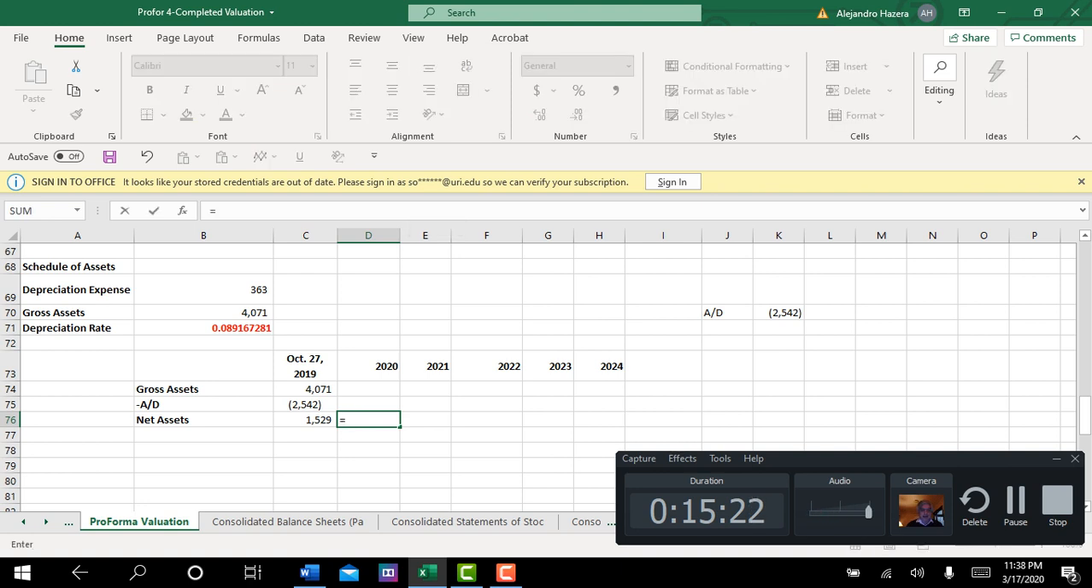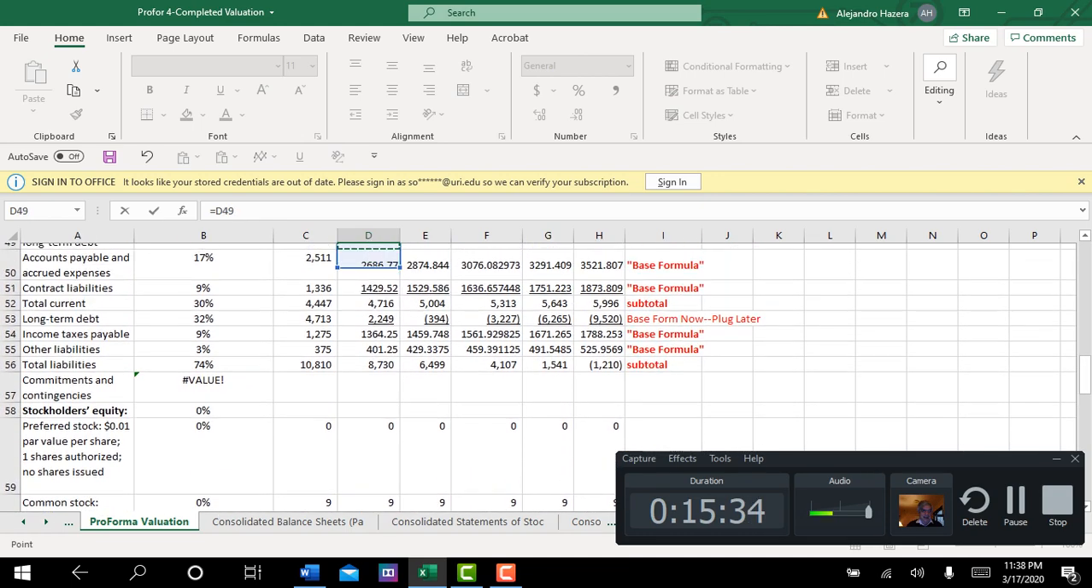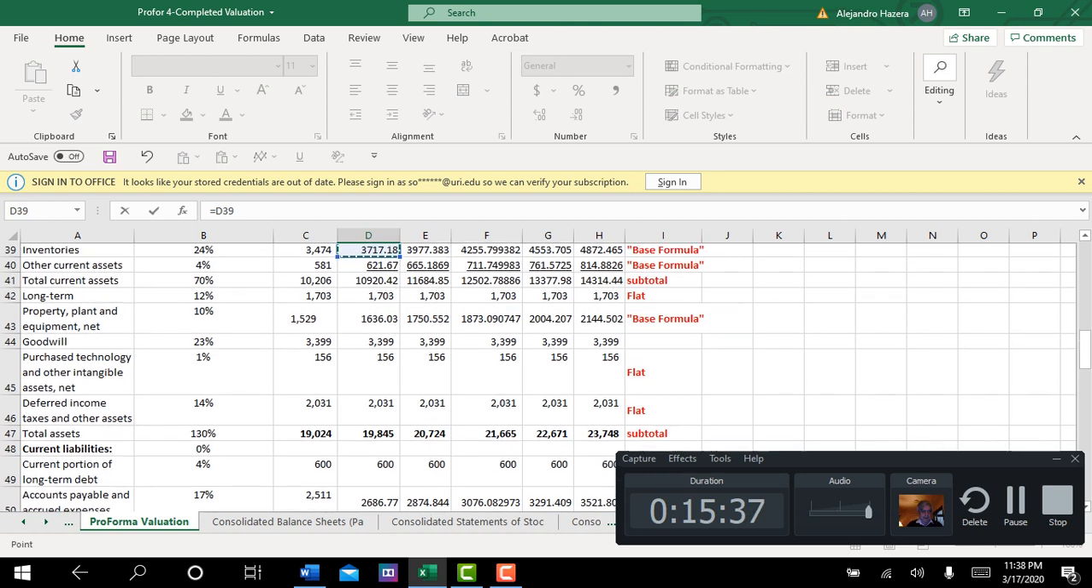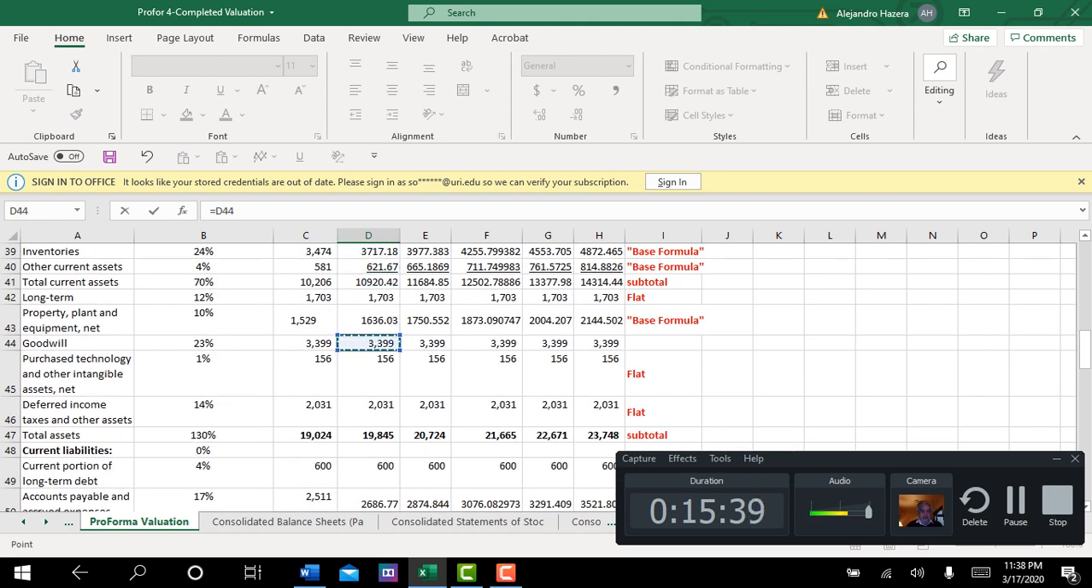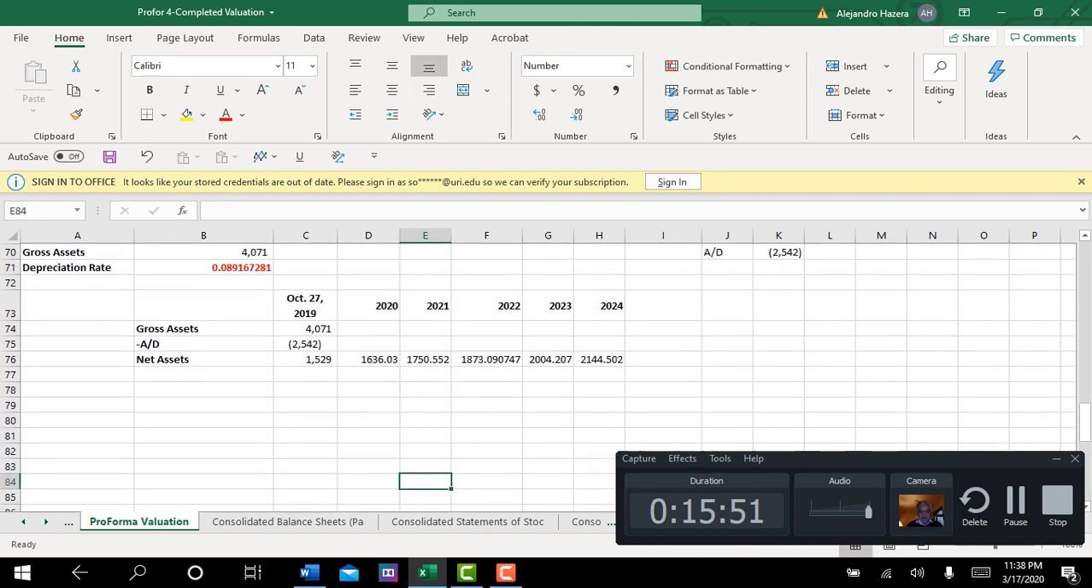We're going to make the net assets for the years 2020 through 2024 equal to the net assets that we have here on the balance sheet, which is 1636 for the year 2020, and I'm just going to copy those down. 2024 is a little bit hidden there because I decided to put the